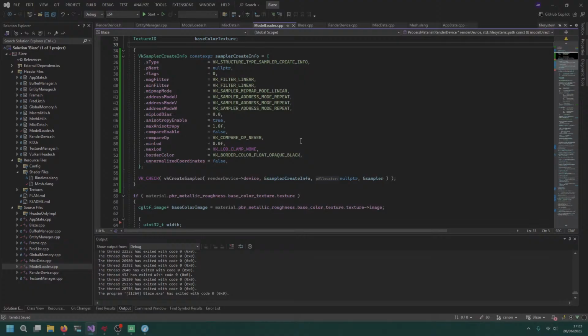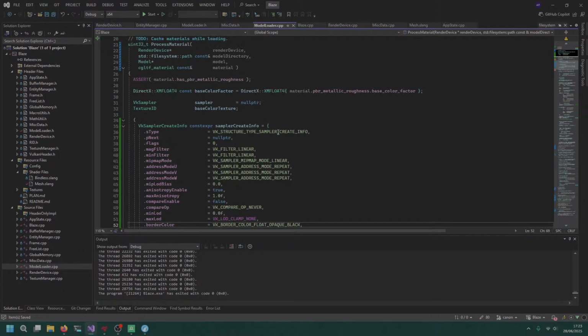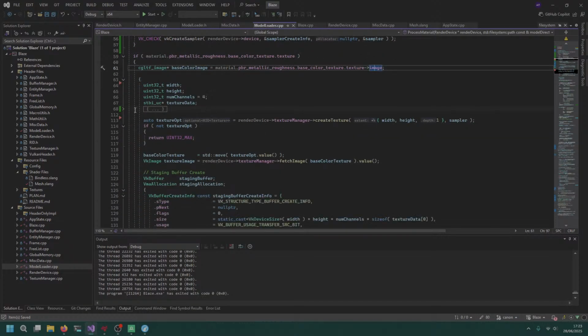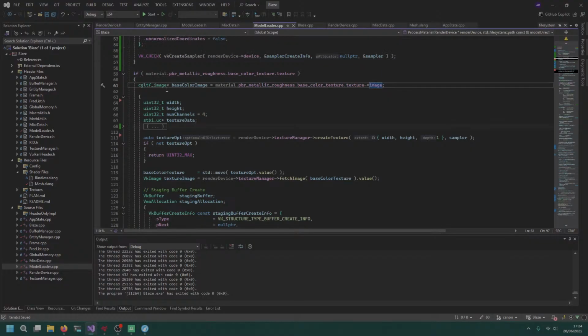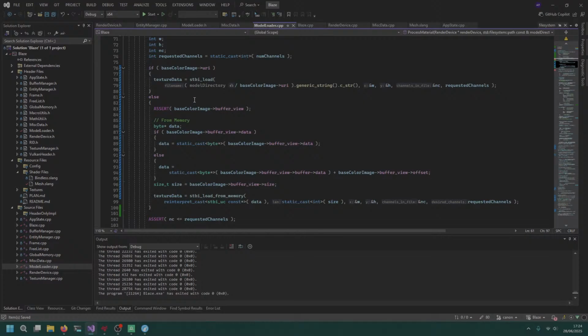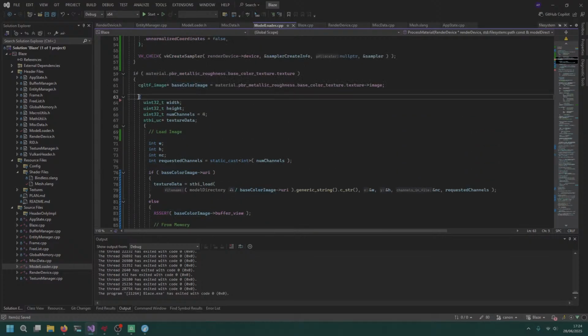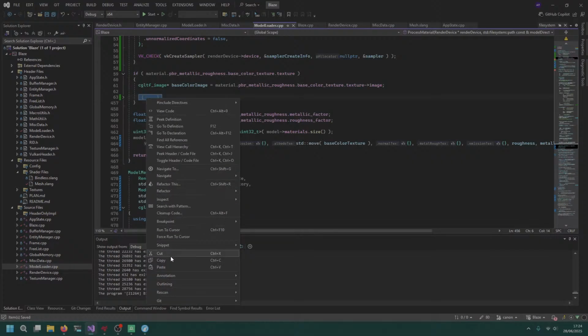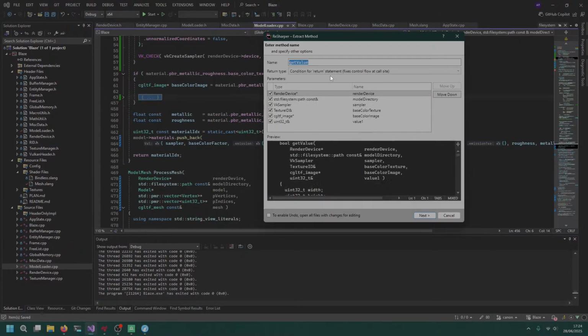So this is fine. Can leave it in for now. Is color image. So CGLTF image. Then we do the stuff here. We need to do the same stuff for normals and for normal image and everything else. So what I will do is I will capture this entire block. Say refactor, extract method. So that becomes load image,